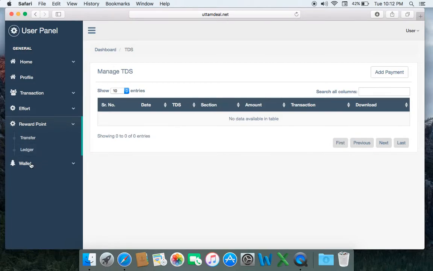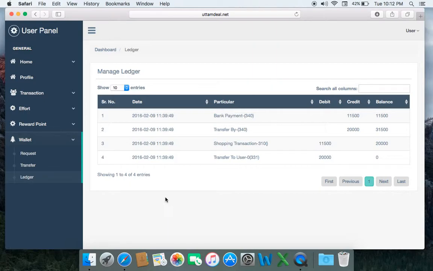One important thing we need to go through again is the ledger section under the wallet. As you can see, this ledger is displaying a number of transactions which have been done by me, and these are going to be available to you at any point. You can see your history of transactions over here, and as you can see, we have displayed the shopping transaction here also, and the transfer transaction also. So this is a complete entry, and this will be very helpful for you.